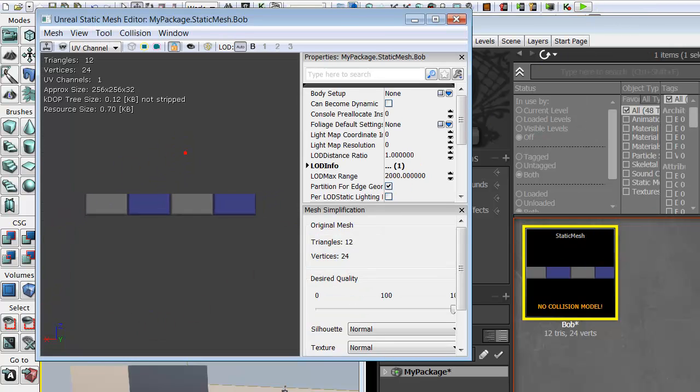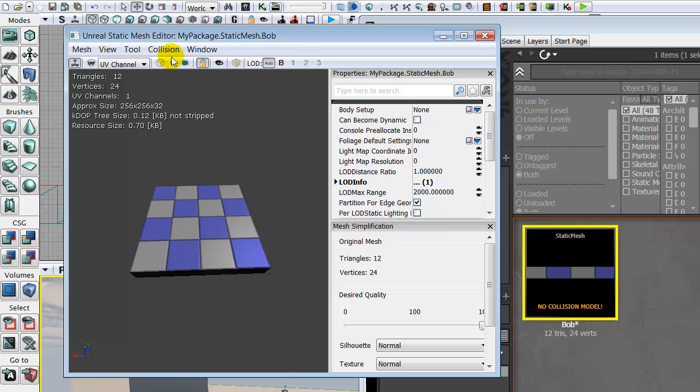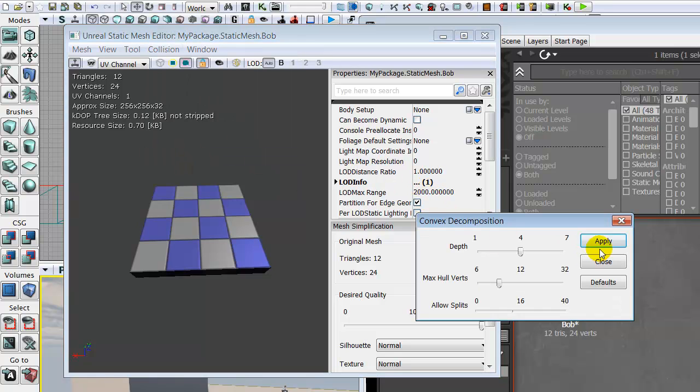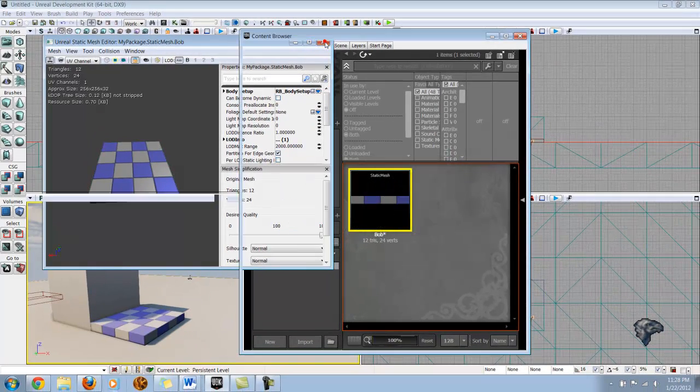Okay, now this opens up the editor window for static meshes, and this is where you can do a variety of things. This is also where you can edit the collision for many objects in UDK. That is a different animal entirely. For the purposes of this video, we'll go ahead and just click the collision button at the top and choose Auto Convex Collision. Then we'll click Apply, and as you can see here, it's added some green lines to Bob, and that denotes that he now has some collision. So we'll go ahead and close out of this window,